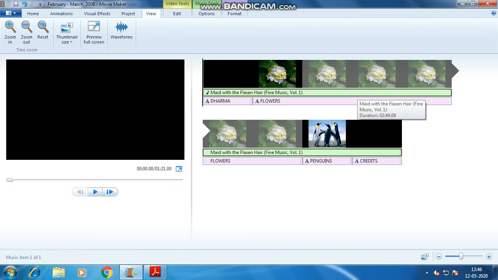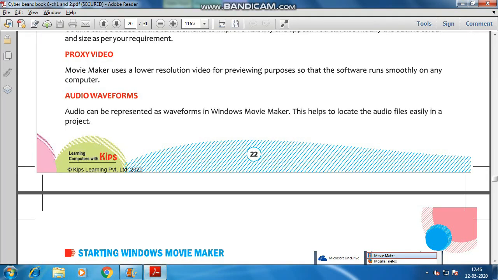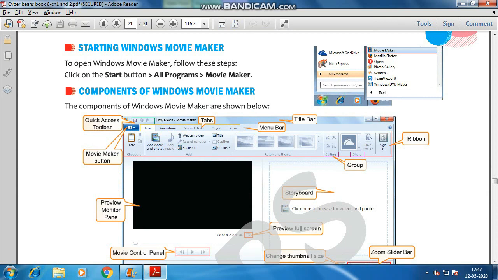But if I want the waveform should also come, so I'll simply click on waveforms, I'll play here. So these waveforms are here, right? Got it? I hope this one is clear to you. Next comes the basic steps which I already told you, how to start Windows Movie Maker.